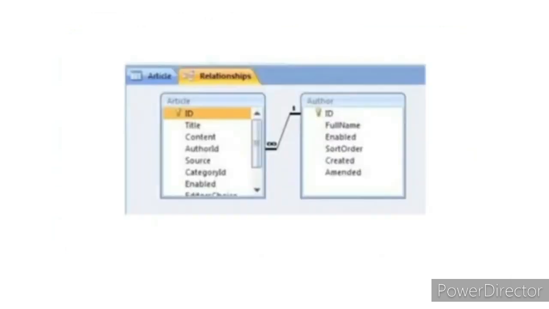Duplication of data is reduced, children. It increases the efficiency, speed and flexibility in searching and accessing the information. That means we can search any information very easily by using MS Access.